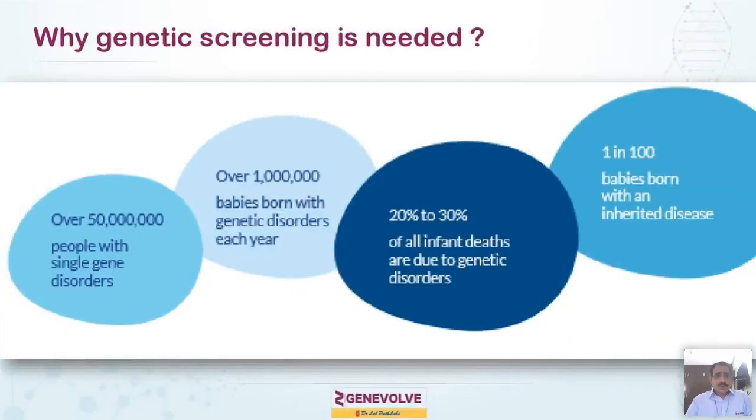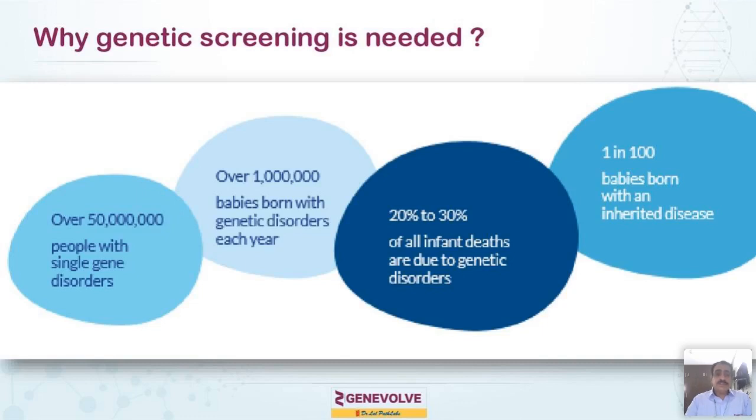So why is genetic screening needed? We know that over 5 crore people have single gene disorders. Out of this, over 10 lakh babies are born with genetic disorders each year. And 20 to 30% of all infant deaths are due to genetic disorders, and 1 in 100 babies is born with an inherited disease. So if we can see why these diseases are occurring, we can look for possible cures and also better